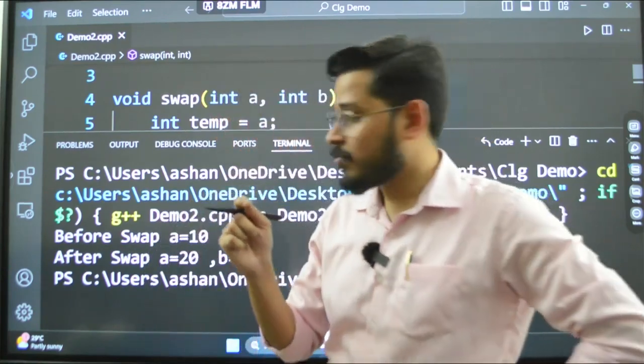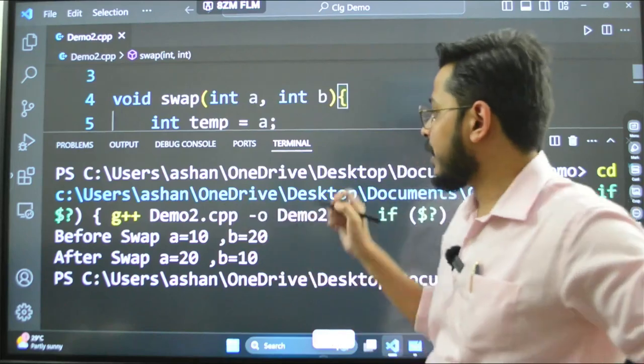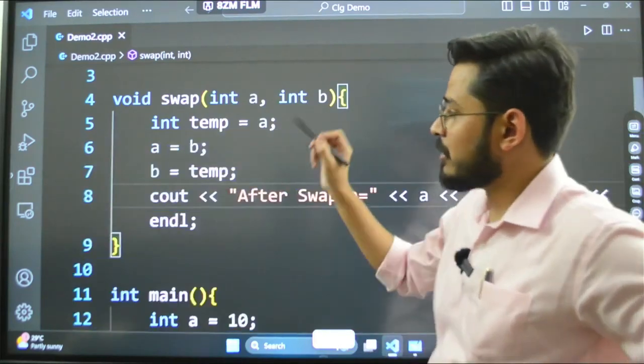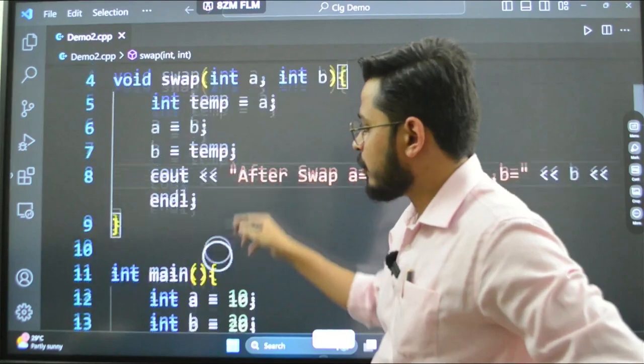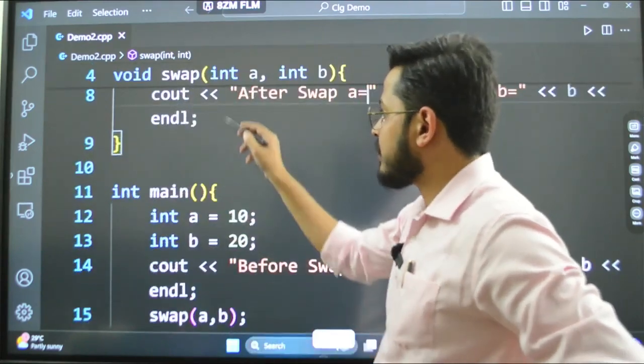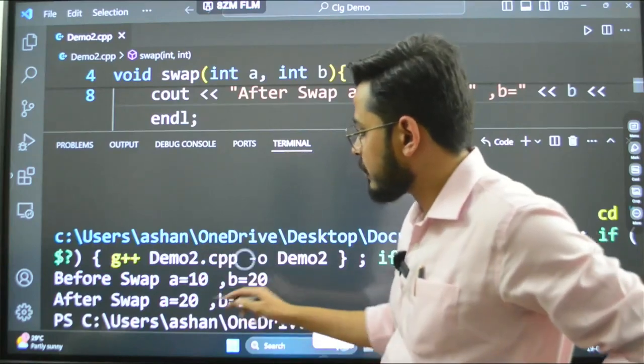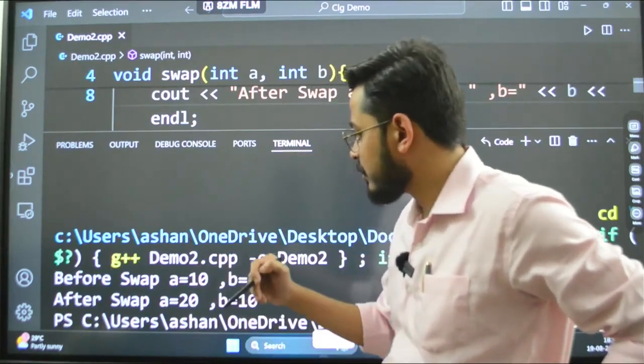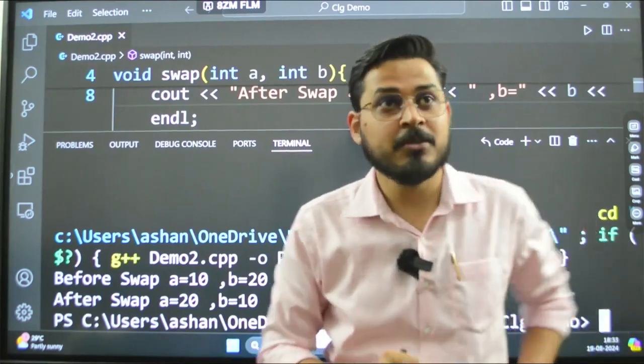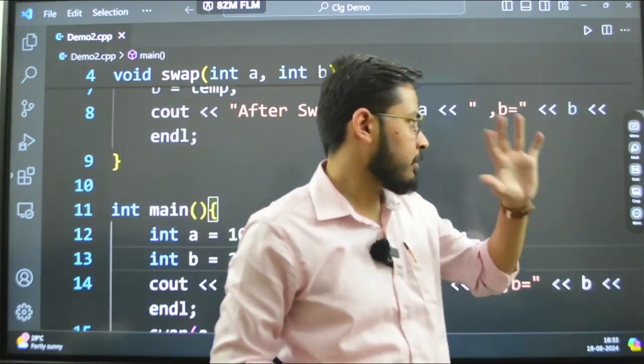Understood this, guys, that this is what is happening actually. The changes are made by this function but are not reflected back to the main. You can see that this function is working. See, it works. I hope this is very clear.